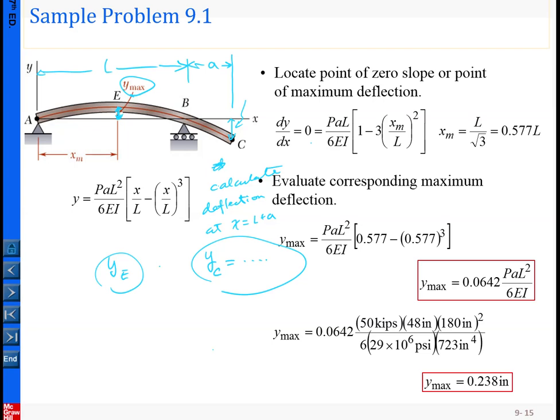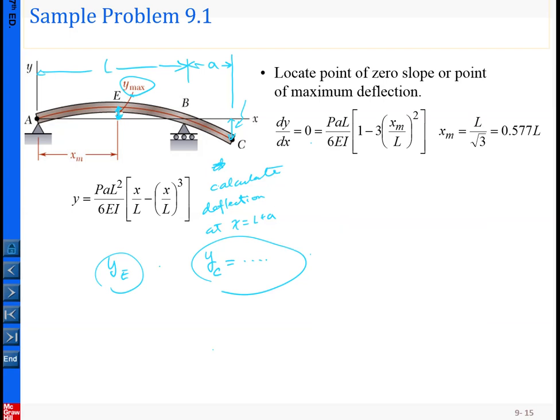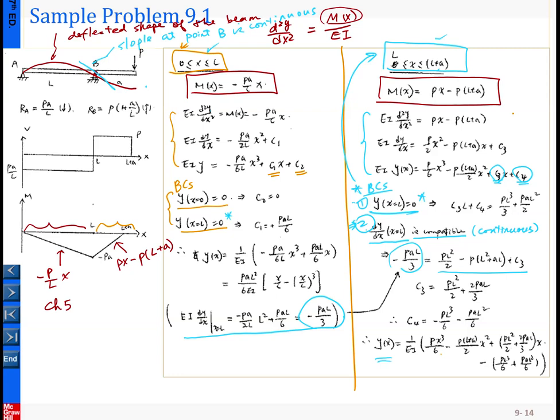I think the textbook skips this kind of checking, so it directly tells you the maximum happened at point E here. That is the underlying story behind these things. If you are not sure where the location of the maximum is, and you doubt a few places, why not just calculate the deflection at a few places? Since you already have the two deflection equations, you should be able to easily apply them to calculate the deflection at any